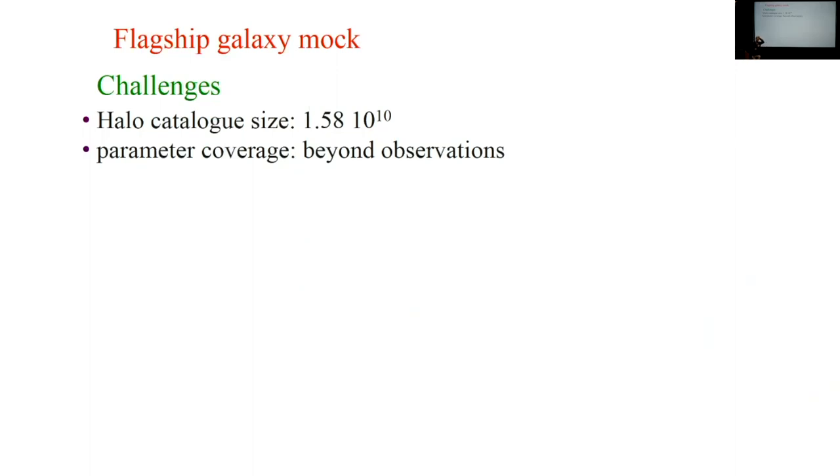But in the steps that we do, whenever something takes more than 1 second for a million galaxies, it starts to be too much time. So things need to be efficient. And the other thing is that the parameter space that we're sampling is very large. So sometimes you don't have constraints and you have to extrapolate, and that's not so good for machine learning.